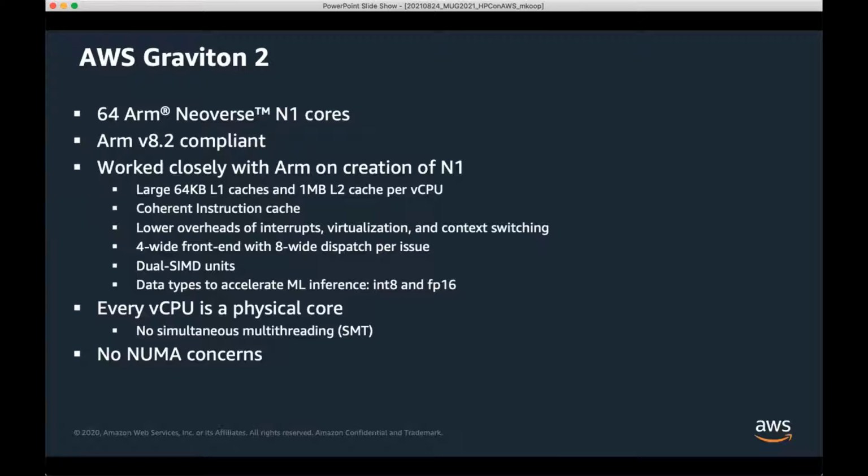So we released the Graviton II recently, which is a 64-core Neoverse N1 based platform. Worked very closely with them. I'm not going to go through all the stats here. A lot of times you'll find cloud providers will use vCPUs, and then you kind of have to divide by 2 to give you the number of physical cores. In this case, there is no simultaneous multi-threading or hyper-threading. So when we say 64 vCPUs on this platform, it truly is 64 cores.